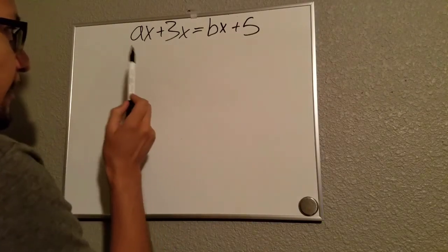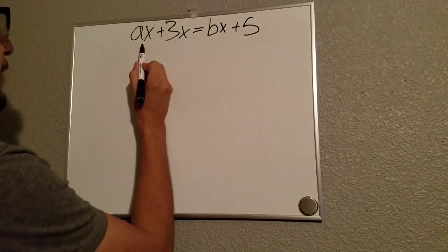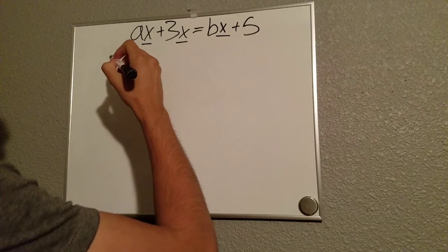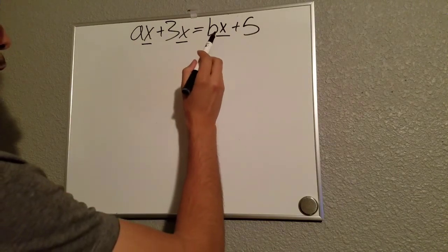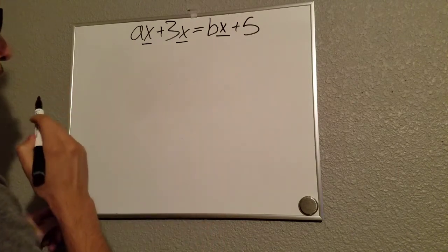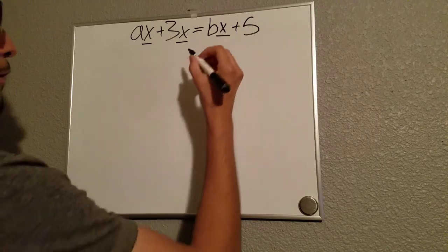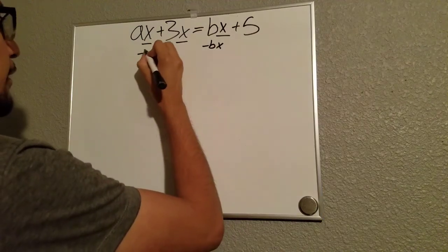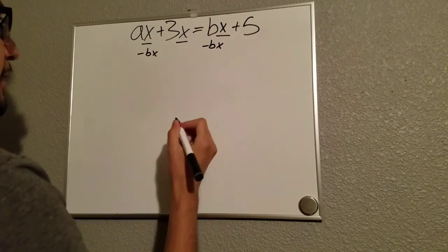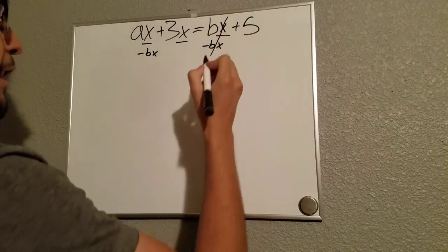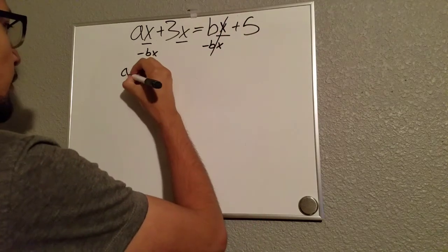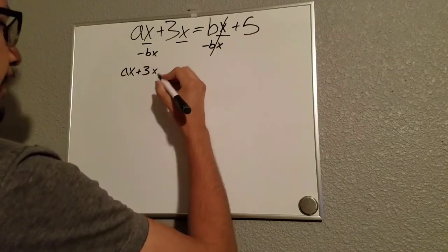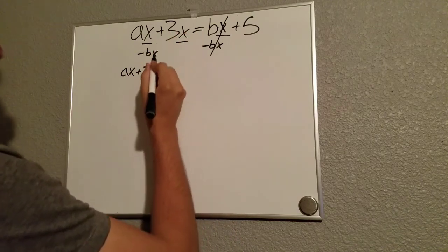So the first thing we have to do is get all of the x's onto one side. So that means we have to move this one over here, and since this one is positive, then we have to subtract bx to both sides. That way this cancels and we have a new equation which looks like this: